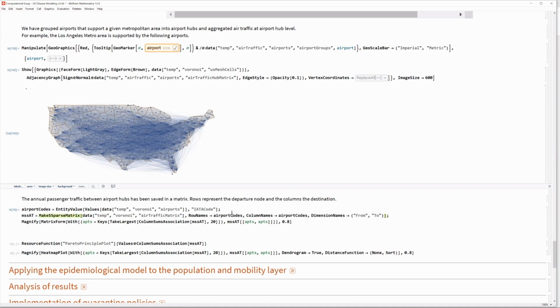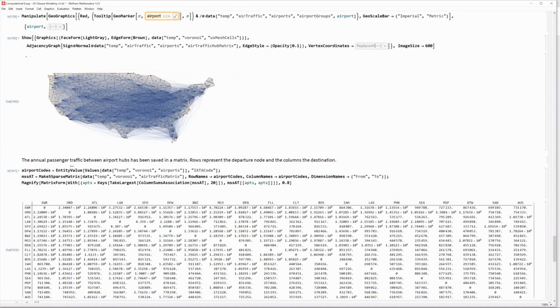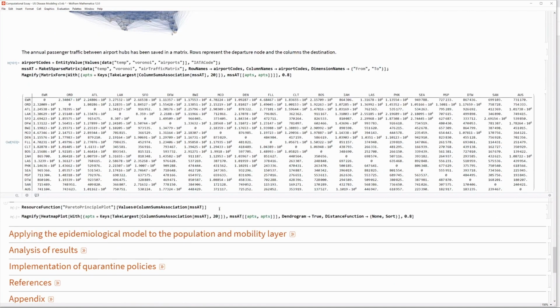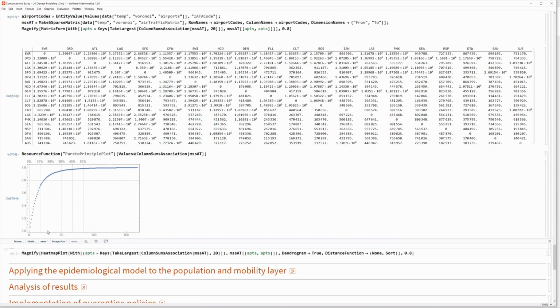As another side note, which I find always very interesting, this is another package that Anton developed, and it's readily available for the whole community. It's open source. You can see the amount of annual traffic between different airports around the world. This is on a table view for the top 20 airports. But we can also do a Pareto analysis, which is very interesting. And you can see how 20% of all the airports represent 80% of all the traffic in the United States,